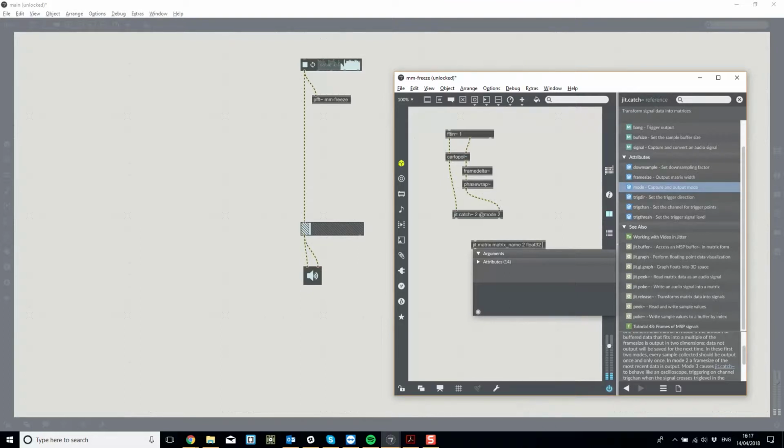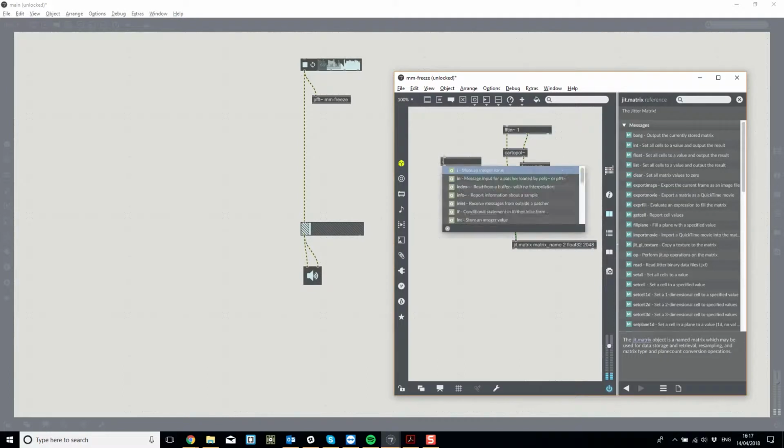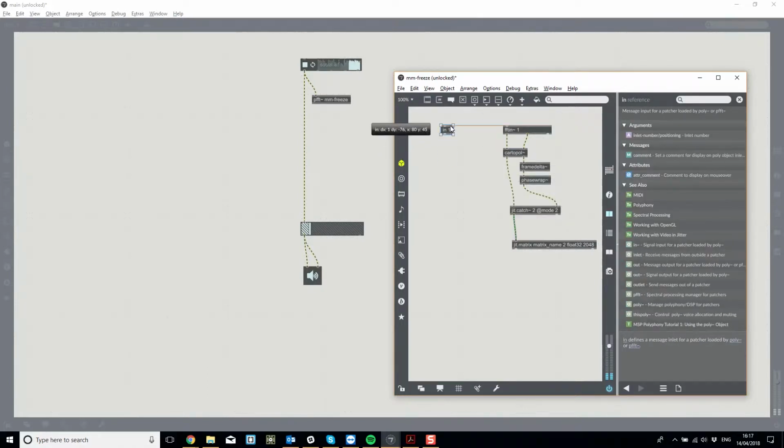and then I'm going to give it an arbitrary number of dimensions. So I'm going to do 2048 here, but this number is actually going to be set by whatever sample we try and record inside here. So I'll connect up my matrix. I'm then going to make an in 1. So this means the first non-FFT input is this inlet. We're going to pass that into the